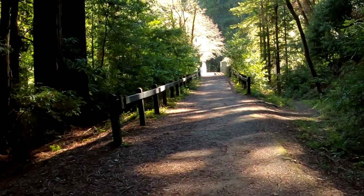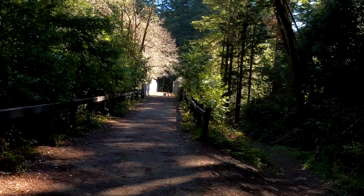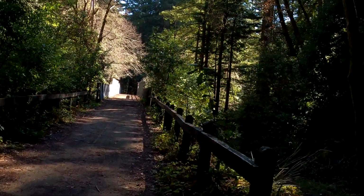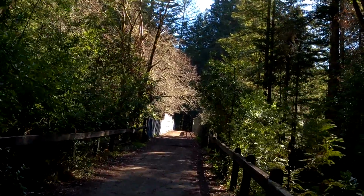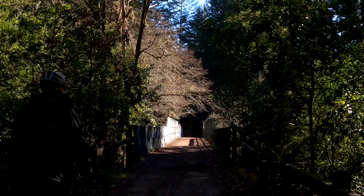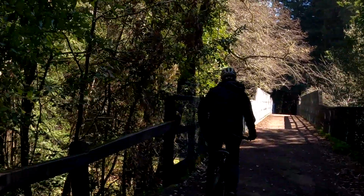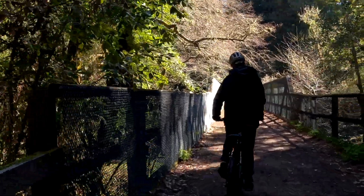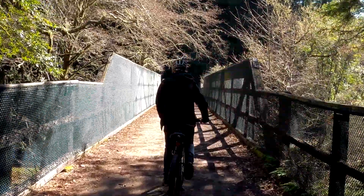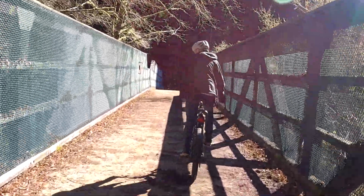Here's a bridge. What's that say? Trail, Pioneer Tree Trail. And there's a bridge here. And I imagine in the old times this was a railroad crossing bridge. Probably. Trestle. Now it's a human trestle. Crossing the...